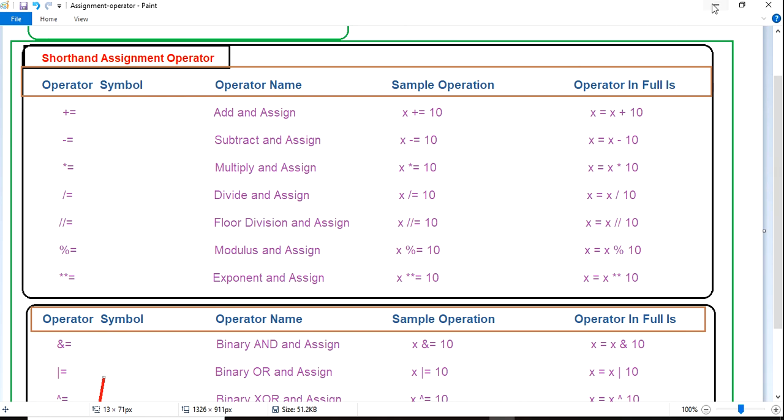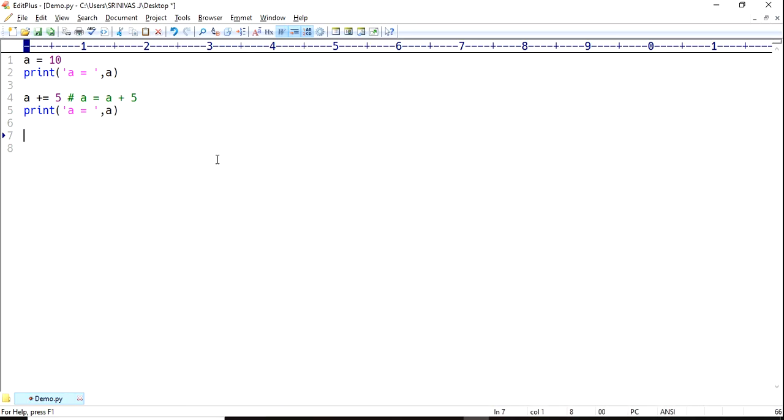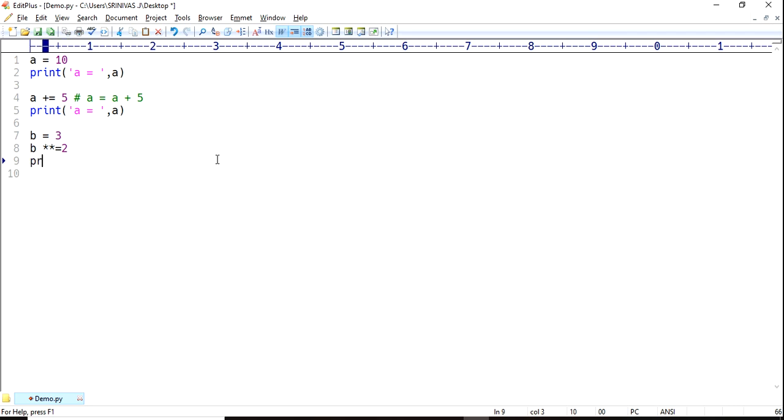You can apply the exponent also here, like b equals to 3, and b exponent equals to 2.